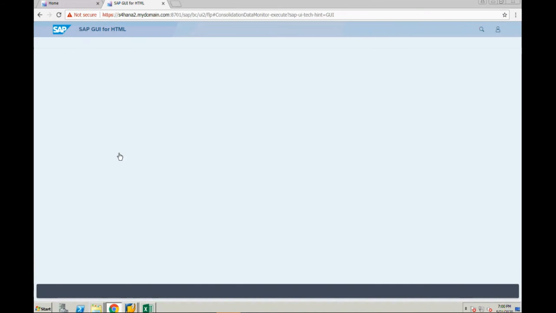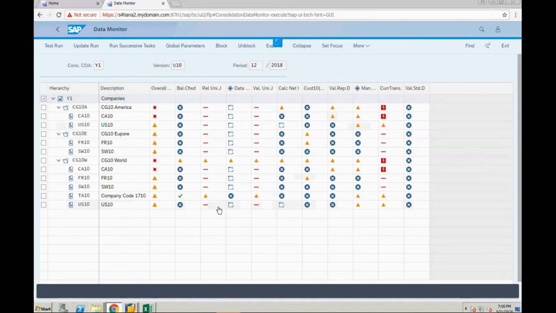So the next task, data collection. Initially, whatever data you need against the financial statement item, you collect it for each consolidation unit. Once it is collected, you need to validate the data. Why do you need to validate? The business user has to validate. You have taken data from ACDOC.